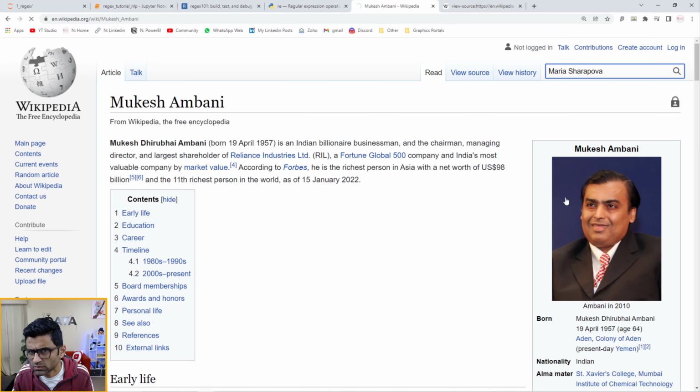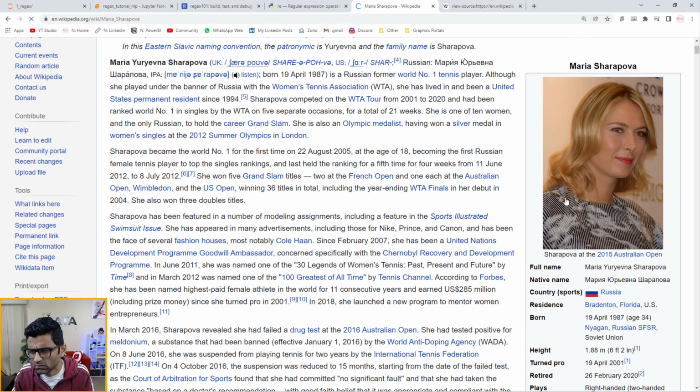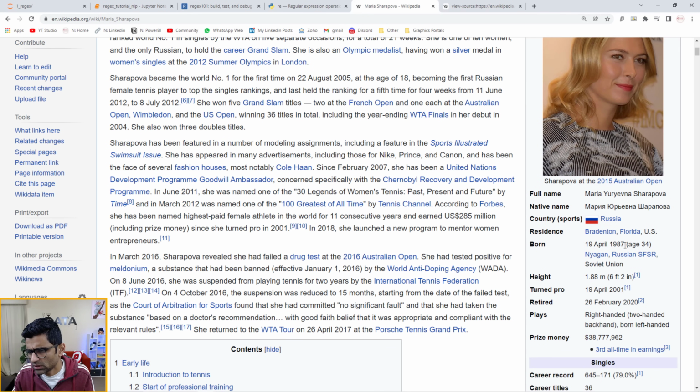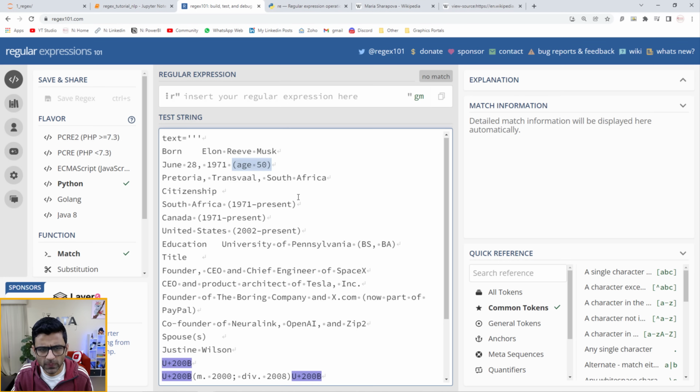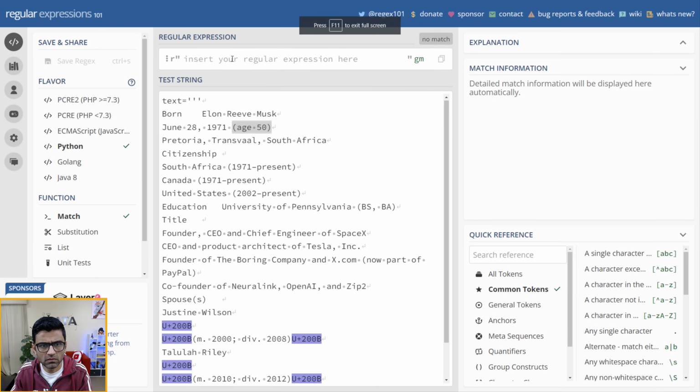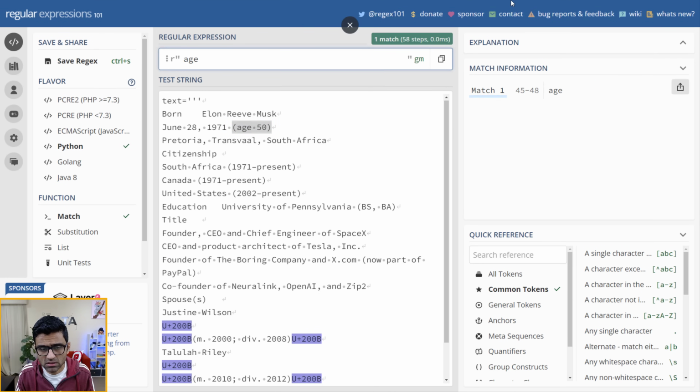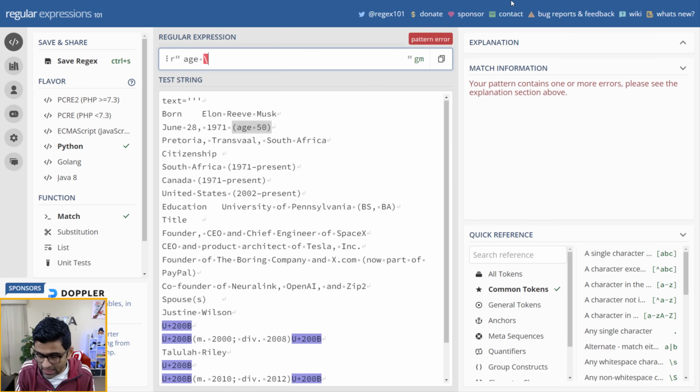I think most of the people have, see, they have the age space, so they follow the same format. We can assume that's the same format that we are following. And now we can write age, then there is space. For space you can hit space, and then there is a sequence of digits, so you can say \d